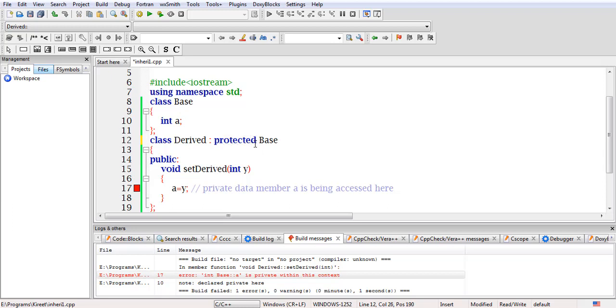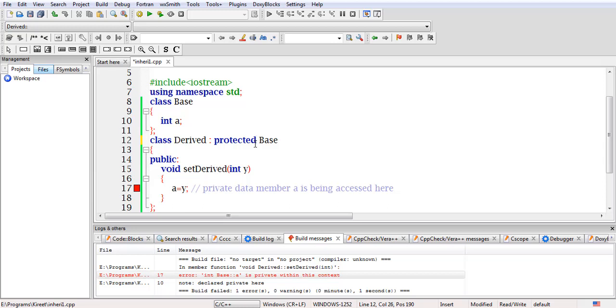As per the figure, if the mode of inheritance is protected, then the private data members are inaccessible. The protected data members of the base class will become the protected data members of the derived class. The public data members of the base class will also become protected members of the derived class. But I haven't created any member functions in my class. I have kept that for you: try to create some member functions and, on the basis of that figure, analyze the code.